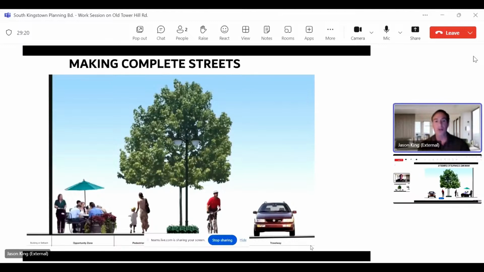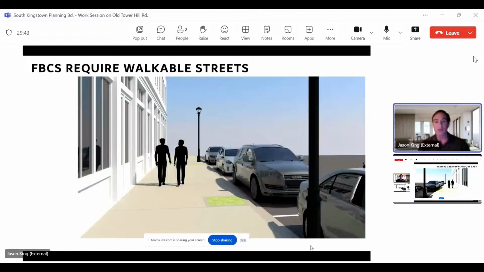It's an area for people to dine, a required amount of pedestrian zone where people can pass, trees, lights, benches, ideally bike facilities, and ideally on-street parking, which provides a long wall of metal which blocks the sound and allows people to eat outdoors. So we have these graphics in the plan, and these are graphics that are also in the code.